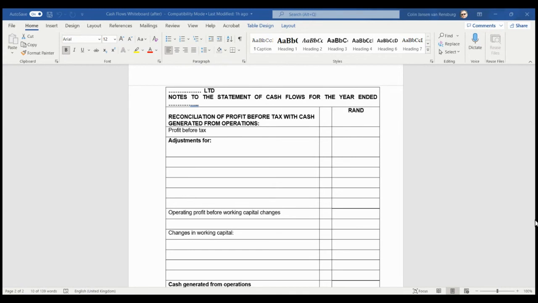So it's still a profit or a loss, but that profit or loss that you now have as a subtotal only relates to your operations because you've taken out any income and expense items that do not relate to your operations. In other words, items that relate to other operating activities, items that relate to investing activities, and items that relate to